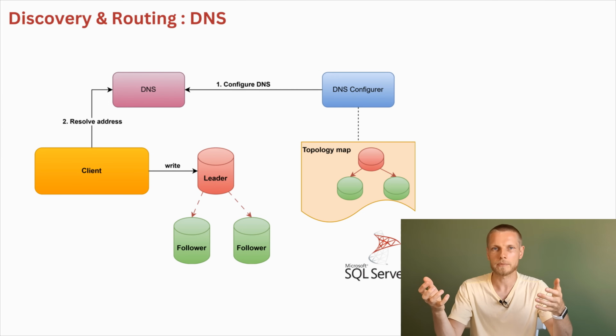And in general, it simplifies client and server implementation. But it has negative sides as well. Because of the caching, cluster topology updates are not propagated very fast. And also there is the question of choosing the time to live for DNS records,